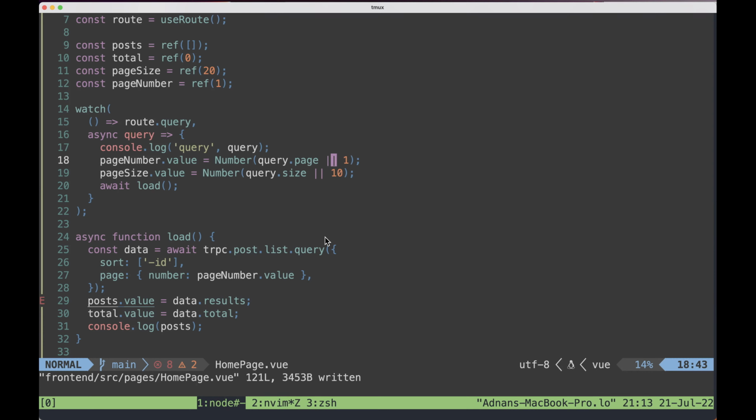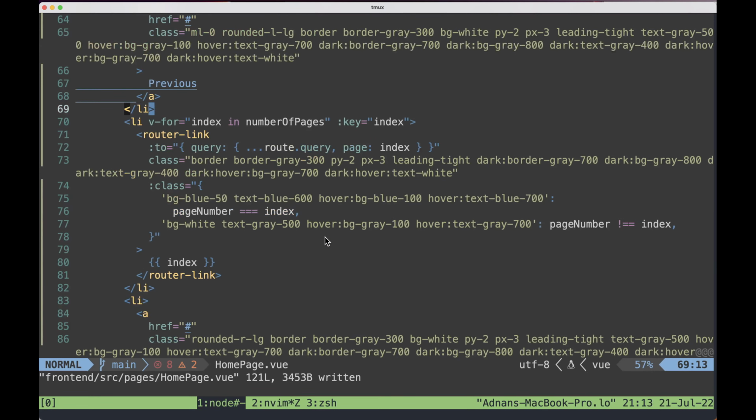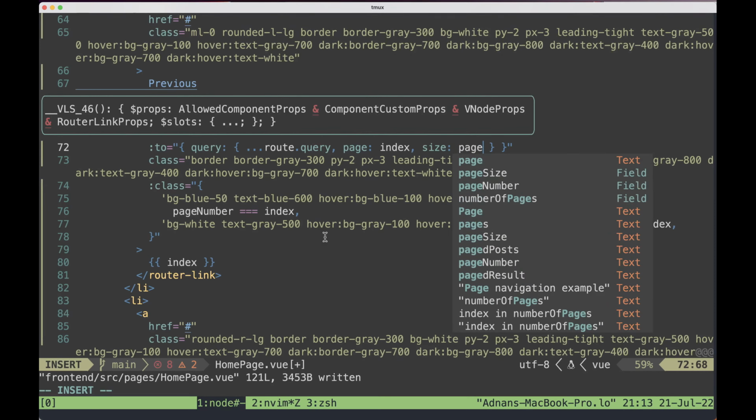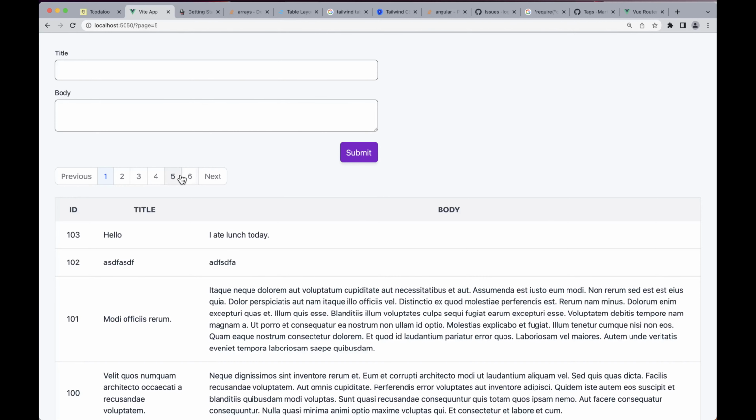And then I want to be able to pass both the page and the size through here. Size equals page size because that's not changing with every index. And here page number. Now this color should work as well because I'm changing page number from the server, and